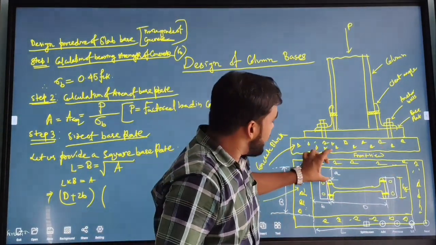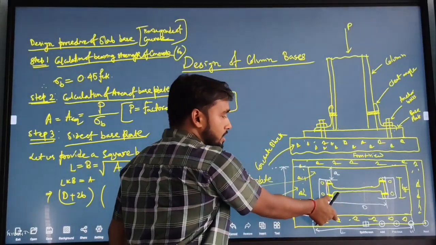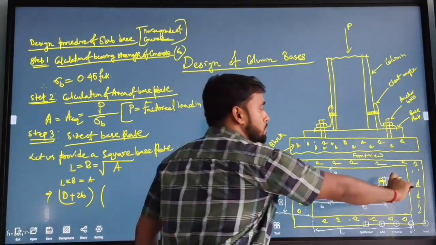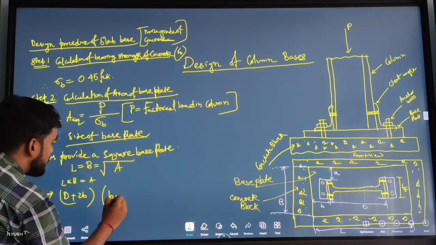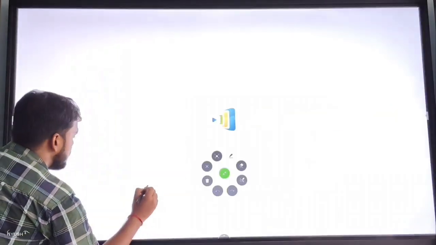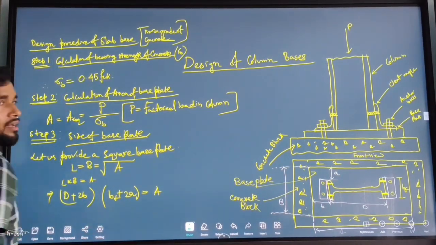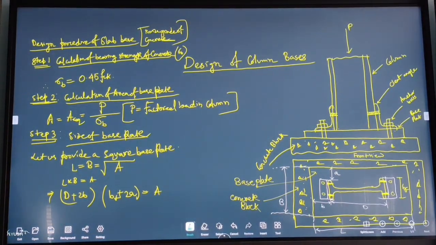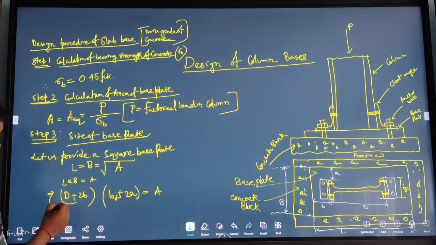BA plus A plus A. This amount is A. Similarly, this amount is also A. So BA plus 2A is equal to your A. Where A is,